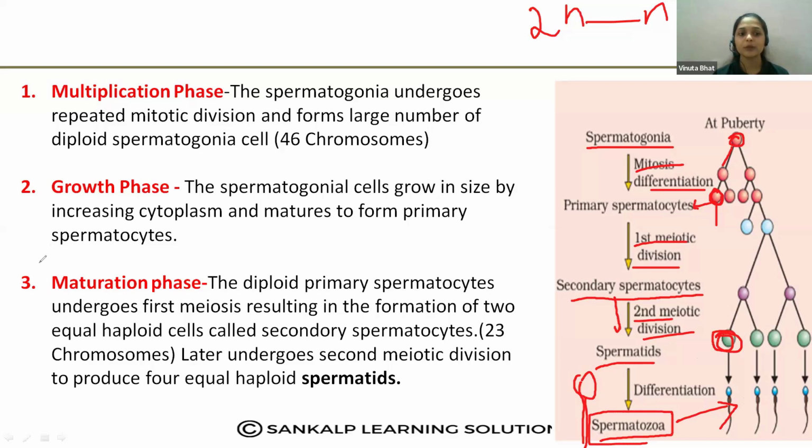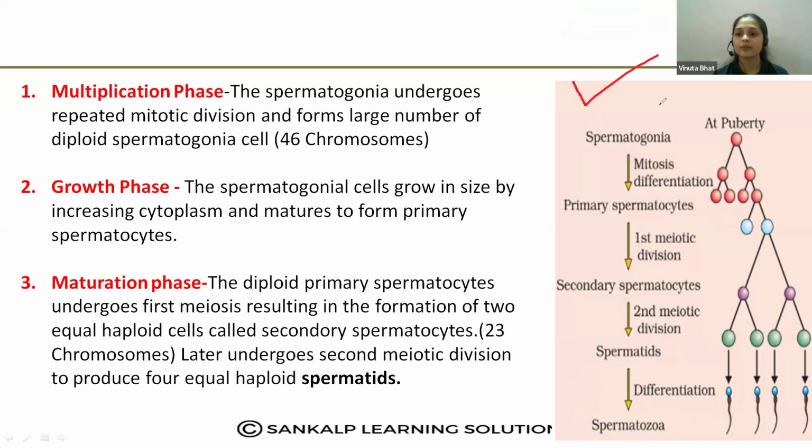So here you should remember that this schematic representation is for 5 marks, and in this explanation, write what is spermatogenesis, explain it like that. This explanation is also asked for the 5 marks question. So in that you should explain the multiplication phase, growth phase, and the maturation phase. Okay, then